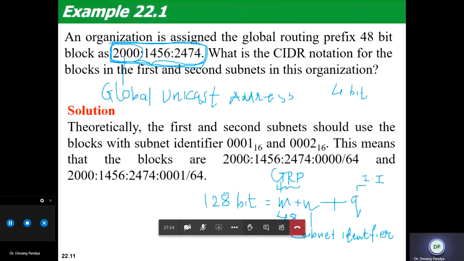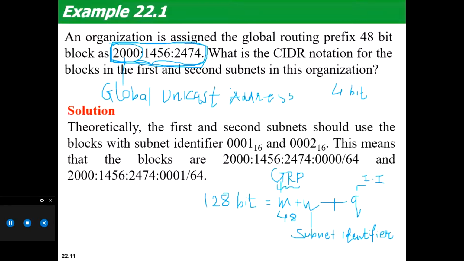So that means 48 bits, this is your M. You have been given M. Now what is the CIDR notation for the blocks in the first and second subnets? This M is given as 2000:1456:2474.